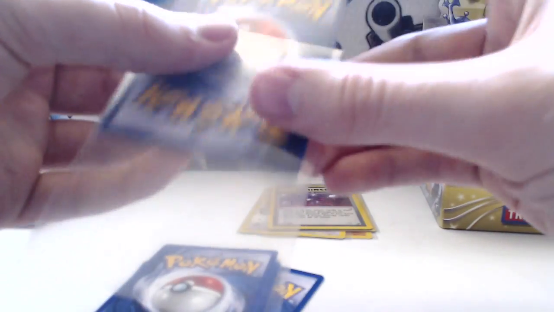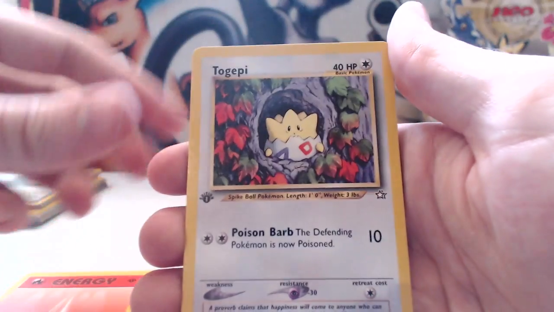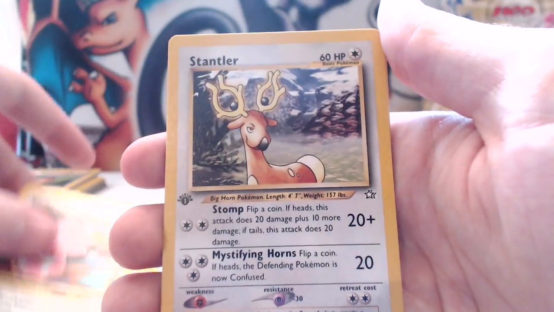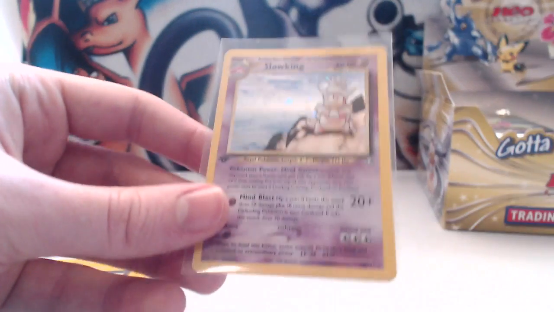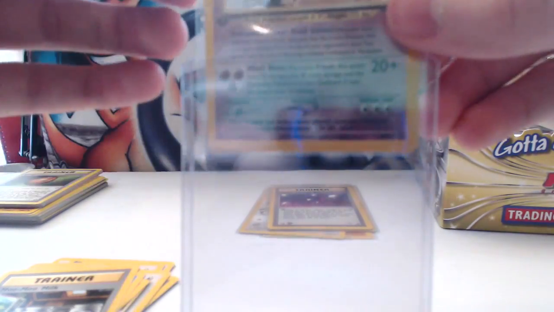No holos yet in this part, but they came late in the first part as well, so hopefully we'll get one sooner or later. We have a Fire Energy, a Togepi, Flaffy, Miltank, Pokemon March, Snubbull, Stantler, Cyndaquil, Swinub, Moo Milk, and our rare is a Slowking. Okay, I'm happy to see Slowking, of course, but it's actually a duplicate holographic,